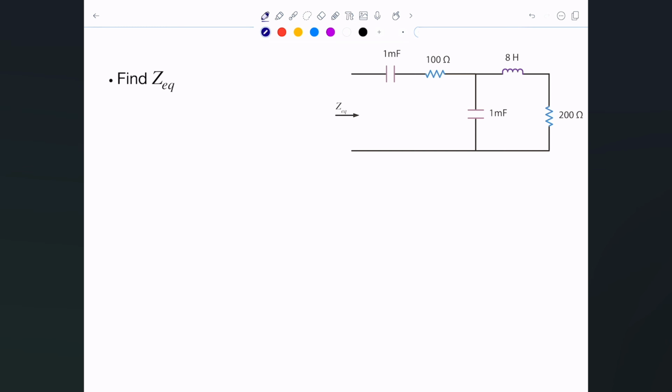So we should remember that for a capacitor, what we need is 1/(jωC). For an inductor it is jωL, and for a resistor it is simply R. Okay, so let's start off with this capacitor in here. So we're going to convert it. Well, it's going to be 1 divided by j